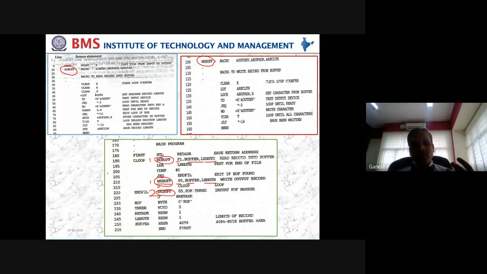So when A is invoked, its parameters 10 and 20 should be there in the argument table. In addition to that, when B is called as a nested macro, let us say 30 and 40 also should be there. Then when C is called with 50 and 60, those also should be there. If that is the case, how do you design the argument table? Which data structure would you like to use to design this type of nested macro handling as far as the argument table is concerned? So the question is, what is the data structure that you suggest to be used as an argument table while dealing with nested macros?